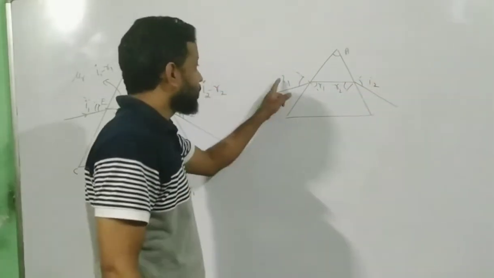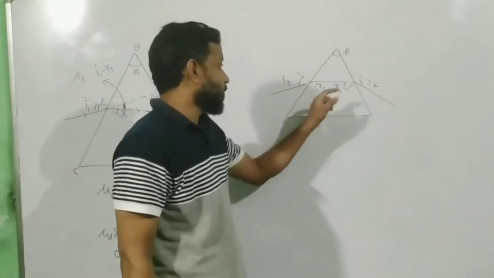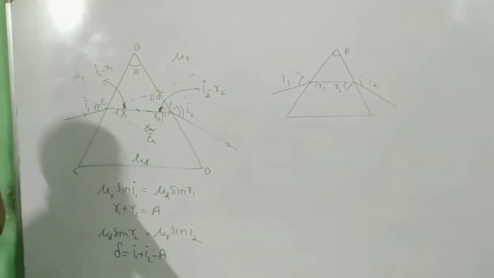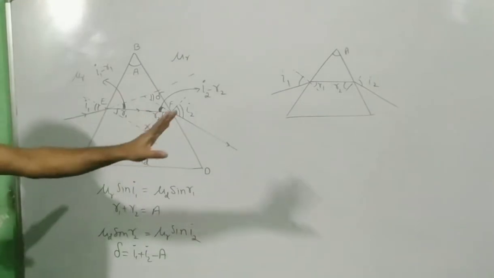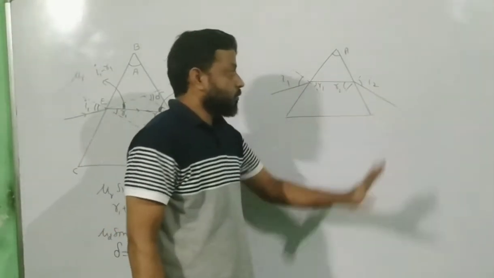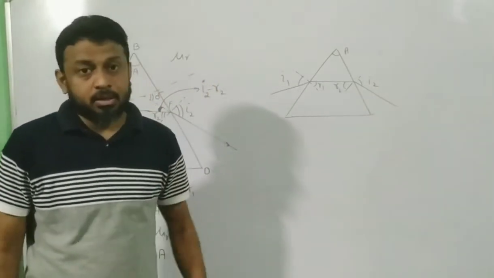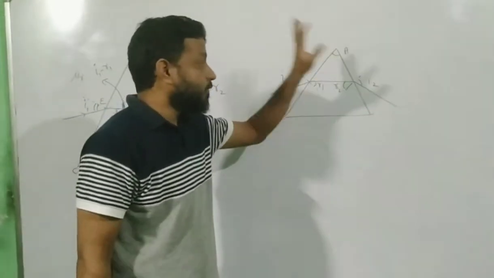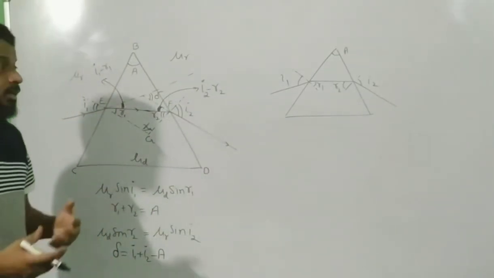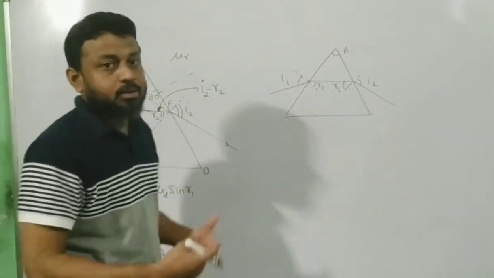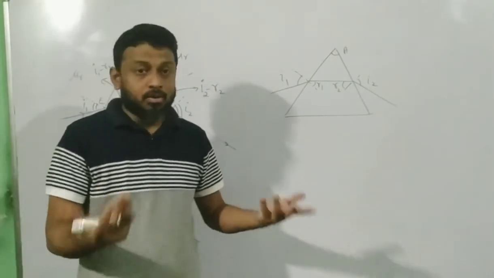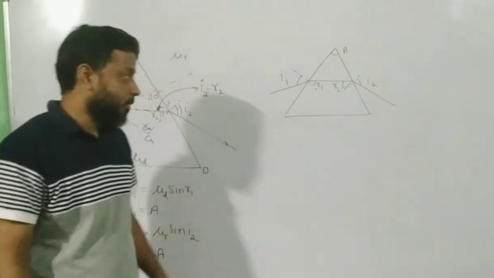Now out of these four, R1 and R2 will never be given to you in the question. R1 and R2 will never ever be given to you in the question. Out of I1 and I2, one will be given, the other will not be given, and A will be given to you in the question, either directly in the sense of right away given, say 30 degrees, or some hint will be given to you. Prism is equilateral. Equilateral means A will become 60.